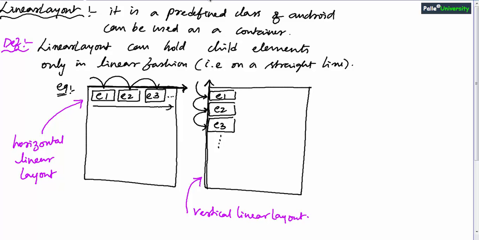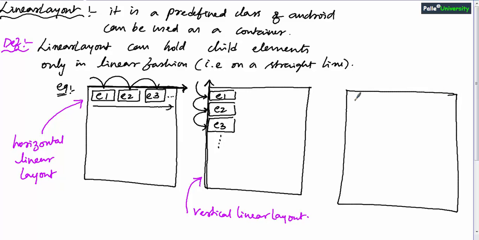By using a linear layout, you can place elements either in a horizontal linear fashion or a vertical linear fashion. It is not possible to place elements in a zigzag fashion or diagonal fashion. That is not possible with linear layout. For example, if I want to design a screen like this, where this is element 1, element 2, element 3, and just below element 3, element 4, and again in a zigzag position, element 5, like this.